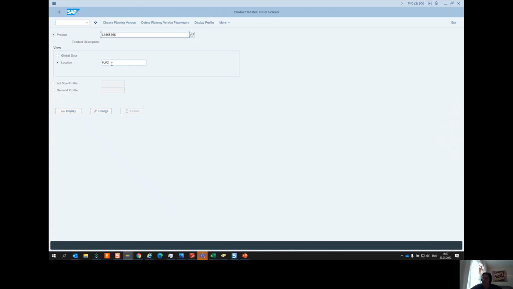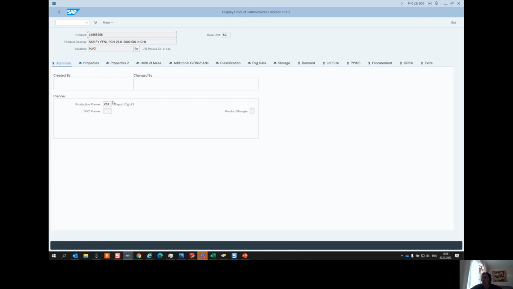So that's actually plant and that's actually material. In some incidents, you can see location, in some you can see plant, or you can see product or material. Well, that depends on the person, but you as an analyst don't want to be confused. So you need to know that product is the same as material and location is the same as plant. So you click display,